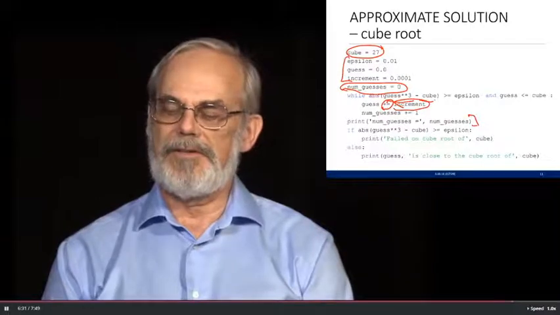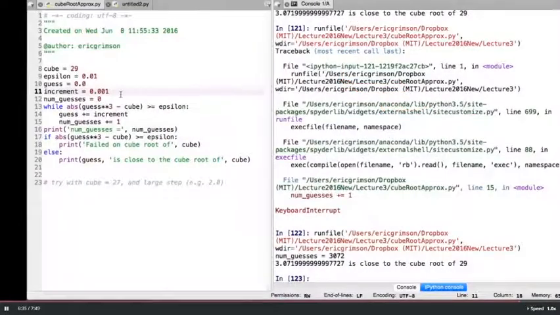That means I need to make a change here, so I want to make sure that my guess is still small enough. And if I make that small change, which I'm going to do over here, and guess less than or equal to cube, I should be in a little bit better shape.